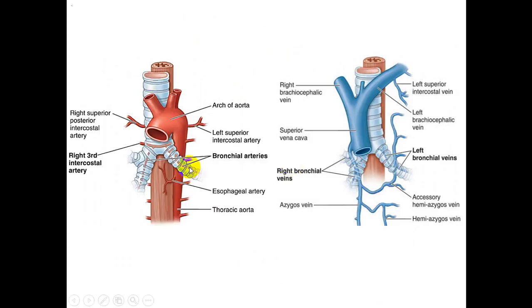The second component is the bronchial vessels. The bronchial arteries supply oxygenated blood to the lung tissue, the bronchial tree, and the connective tissue present in the segments, and also the connective tissue capsule and the visceral pleura. There is one bronchial artery on the right side, which arises from the third right posterior intercostal artery, and there are two bronchial arteries on the left side arising directly from the descending thoracic aorta at the level of the fifth thoracic vertebra, and the lower one is just below the left bronchus.